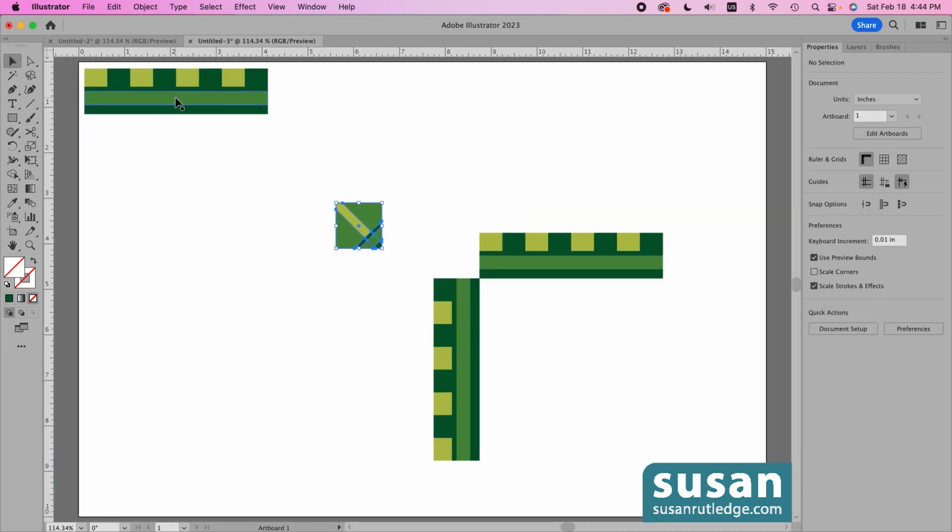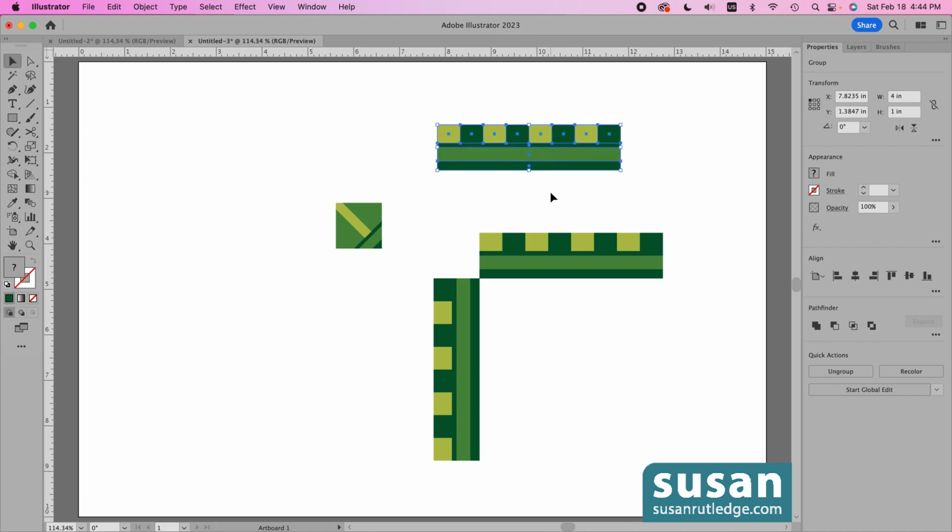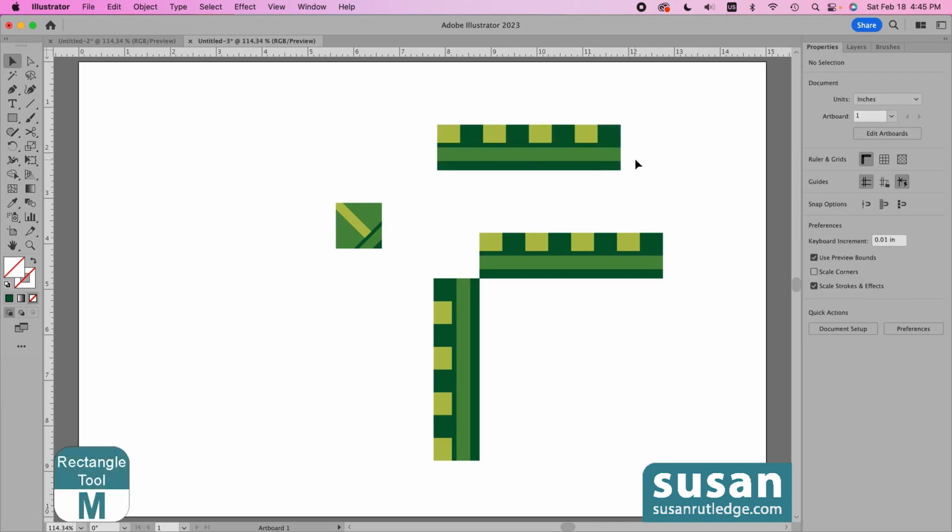I'll select the design and let's move it down here where it's easier to get to because I've got to create a bounding box for it as well. Sometimes you don't have to have a bounding box for your side tile, but when you're adding a corner tile like this, you do. I'll click on the artboard to deselect the design, then I'll get the rectangle tool, keyboard shortcut M,